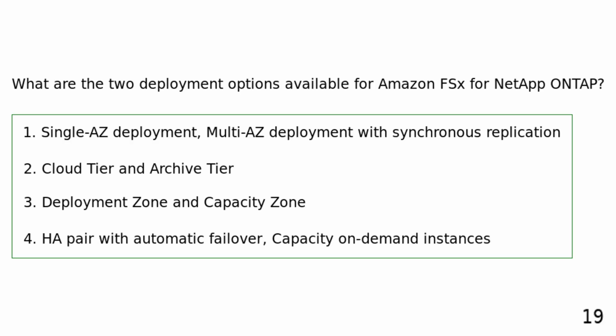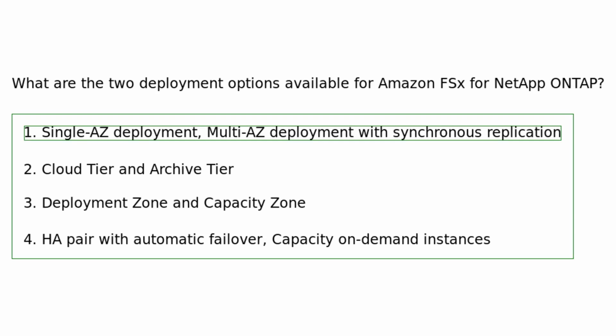Single AZ deployment, multi-AZ deployment with synchronous replication. Cloud tier and archive tier. Deployment zone and capacity zone. HA pair with automatic failover, capacity on-demand instances. Amazon FSx for NetApp ONTAP offers single AZ deployments for cost-effective scenarios and multi-AZ deployments with synchronous replication for high